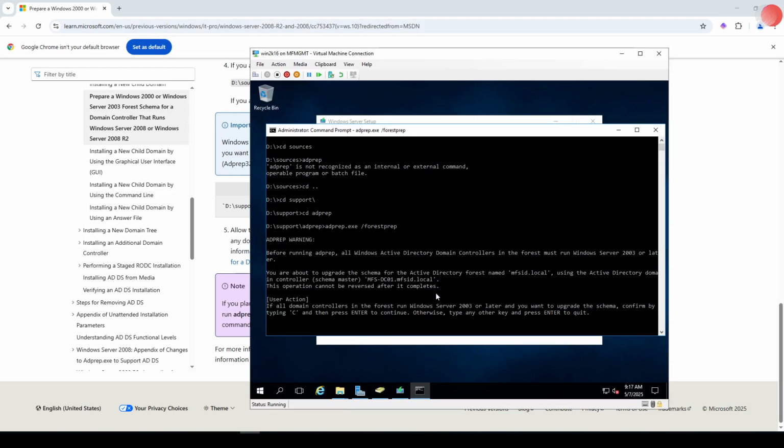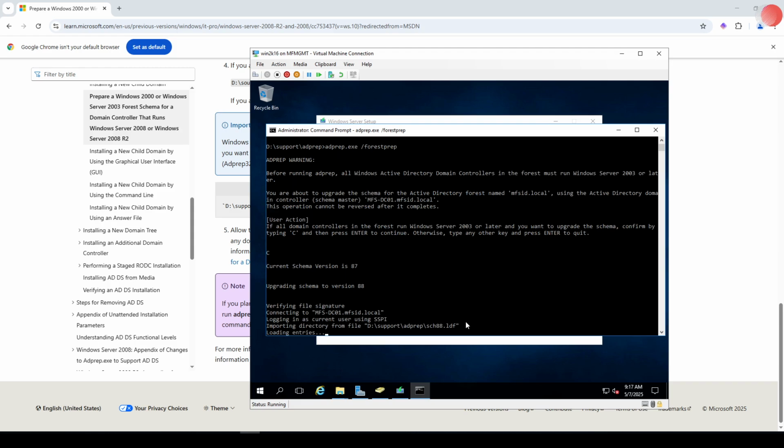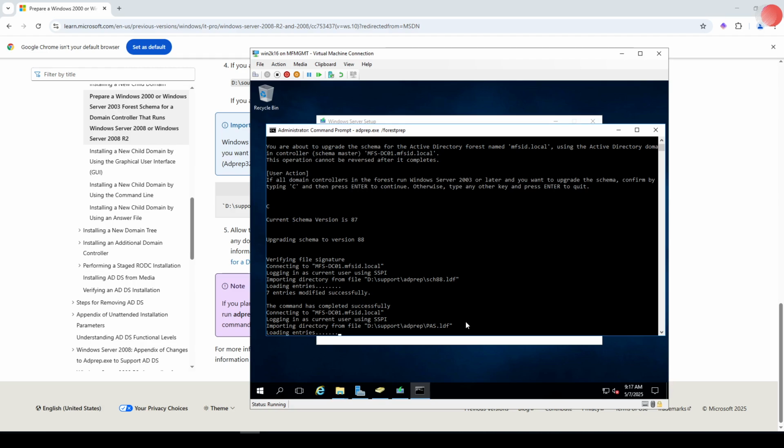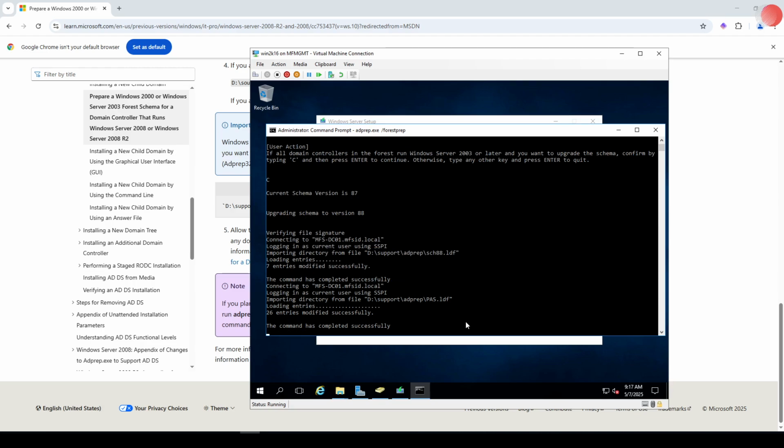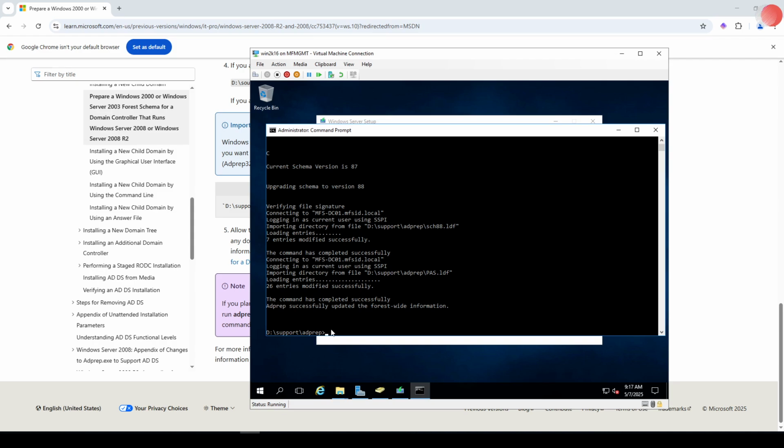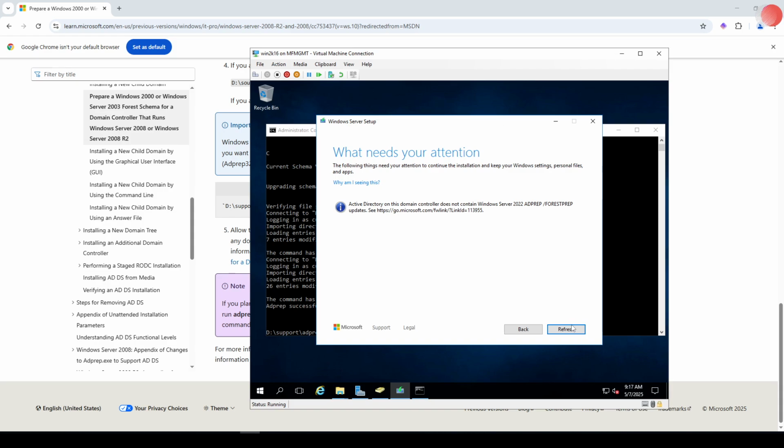It says it is about to upgrade the schema for the correct domain. If you want to upgrade the schema, then type C. So I press C and then press enter, and it is upgrading. The command has successfully completed. Okay, and now if I come in here and do refresh,